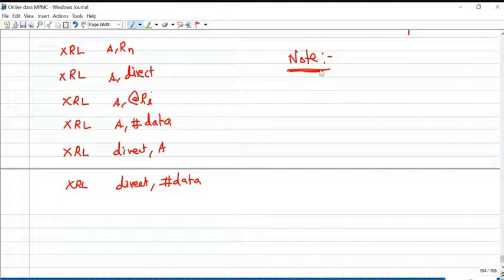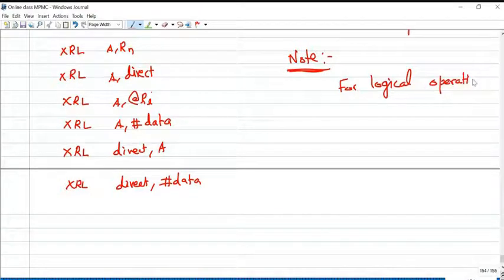But in the microcontroller, the flags will not be affected for logical operations. The result will be available in this destination field. Okay, this is source, this is destination. For logical operations, no flags are affected.